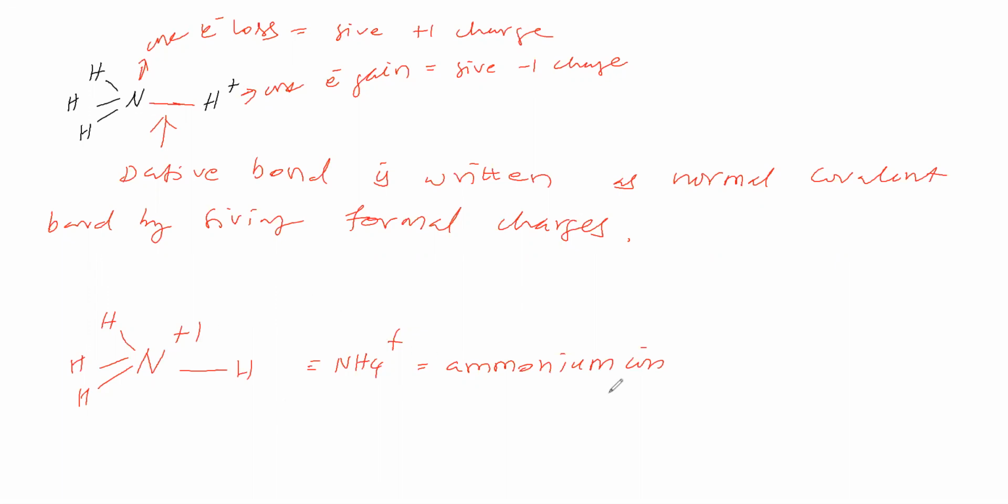Sir, next example we will take. The next example is water plus H+ gives H3O+. This we will see. First we will take water. In water the central atom is oxygen, with 2 surrounding hydrogen atoms. Oxygen comes under 6th A group, therefore its valence shell contains 6 electrons.